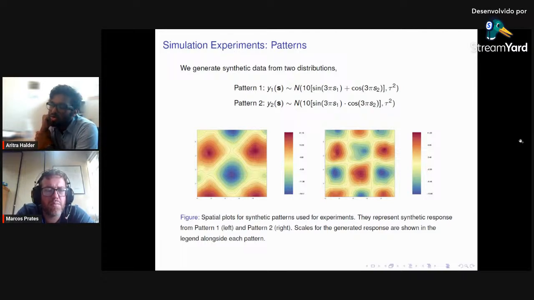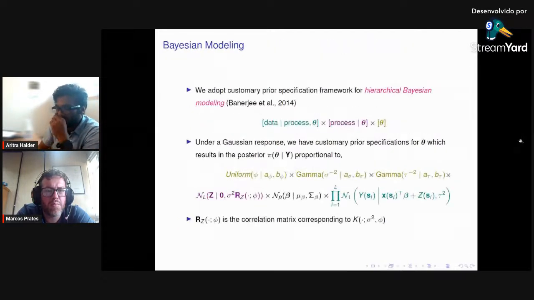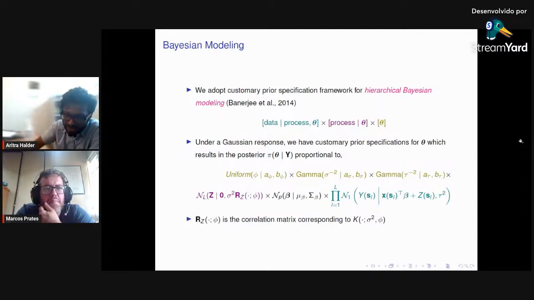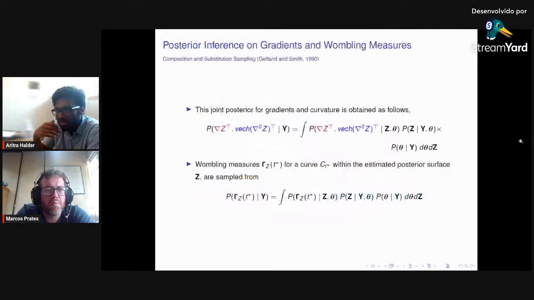So really what you want to see is, what if the data does not arise from the model that you worked with? When I say arise from the model, if I set particular values of phi, sigma square, tau square, I can basically generate data from this hierarchical modeling setup, because that's what I'm hypothesizing. But the data would come from this process and have no true values of gradients and curvatures that we would want to calibrate, like whether we're capturing this, right? If this fancy statistical setup is actually able to capture real world gradients, right? So what we ended up